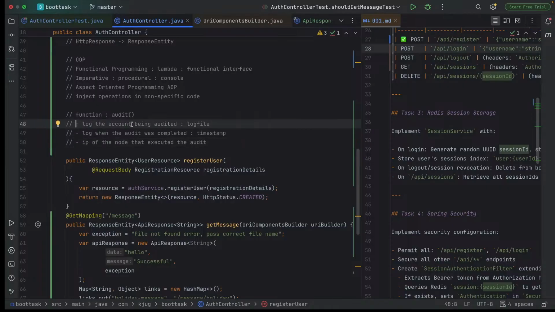Just imagining cases here. So here we have an operation that should run before audit, which is log the account being audited. You have operations that should run after the audit function, and this one, the IP of the node, is also a function that runs after